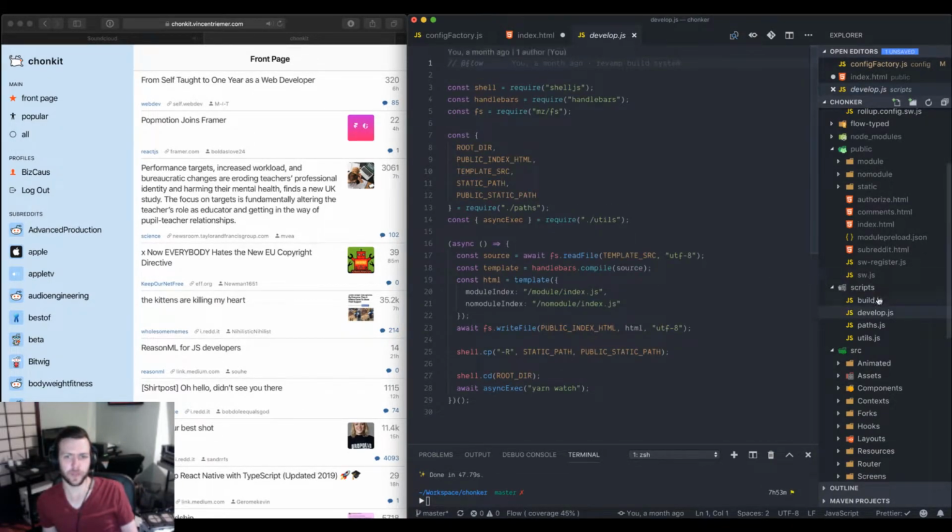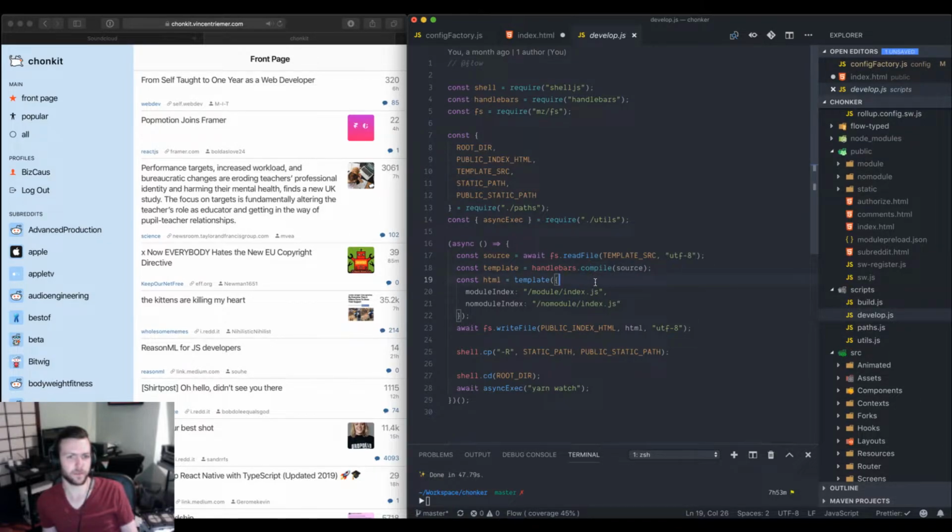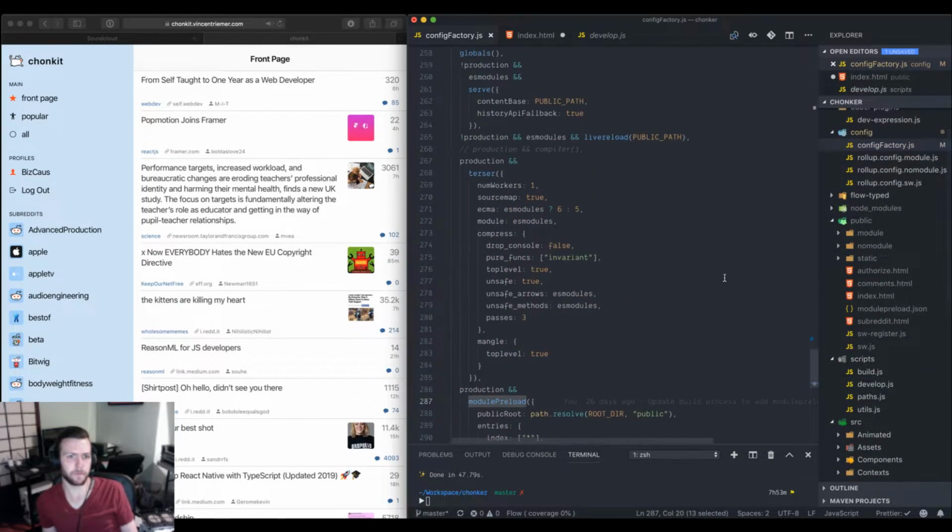The develop script generates a simple HTML replacement. It doesn't provide any sort of module preload, and then in the development build,